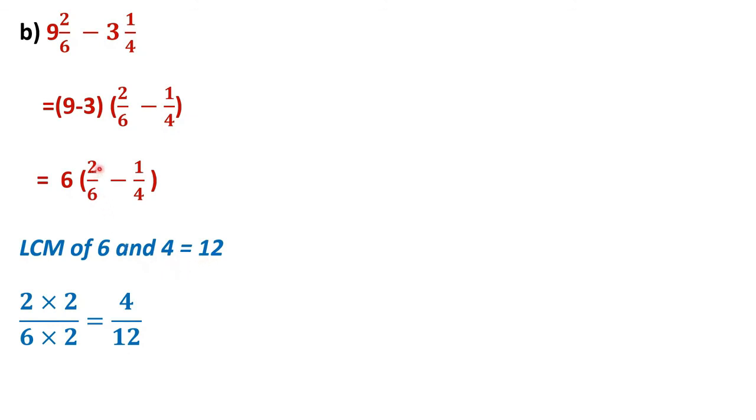Okay, and then now again we will make both the fractions equivalent one by one such that the denominator will be 12. So we will take first 2 by 6. What should be multiplied to 6 so that your denominator will come 12? So the answer is 2. Okay, so 6 2s are 12 and the same thing will multiply with the numerator also, that is 2. So 2 into 2 will give you 4. So the fraction is coming 4 by 12.